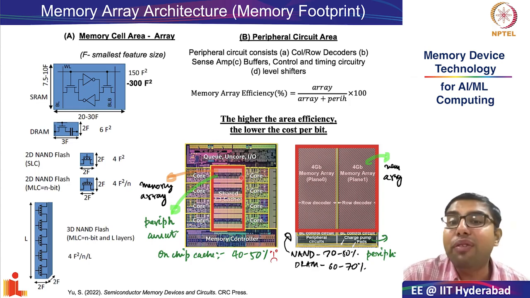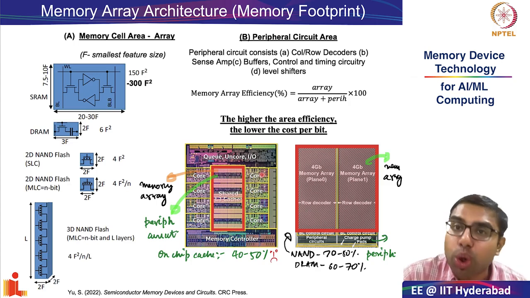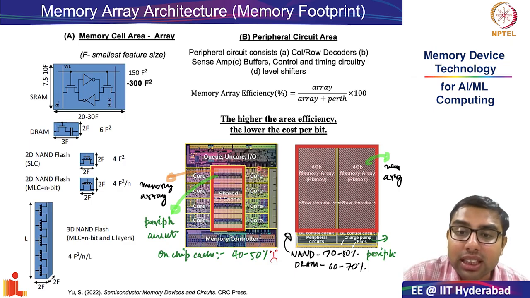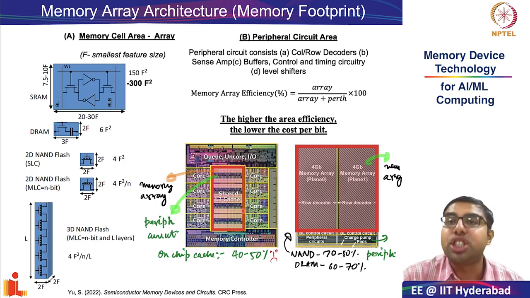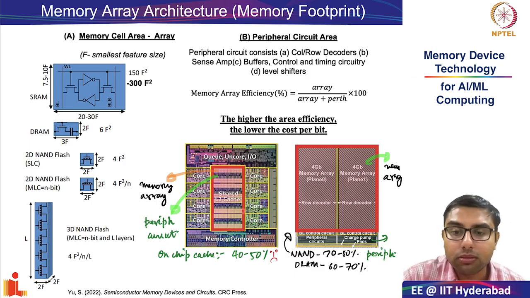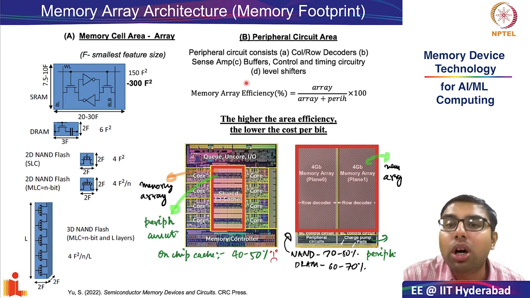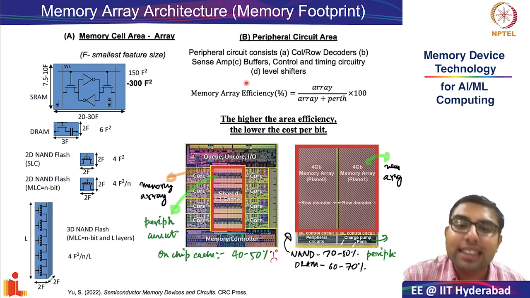And we have not even discussed the L1 and L2 cache, which is embedded within each core. Recall from our discussion that L1 and L2 cache is individual to each core, whereas the L3 cache is shared. Why are we willing to tolerate such poor array efficiency? This is because